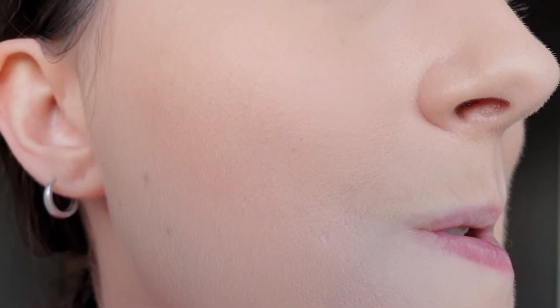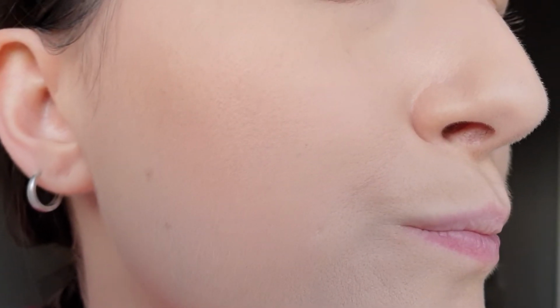By the 6-hour mark, a little bit of oil has broken through, and I'm actually grateful for it, because now the powdered side of my face does not feel quite so dry. However, we are starting to get a few texture issues emerging around the side of the mouth and on the chin. Although from a distance the foundation still looks pretty damn good, and it looks nice across most of my